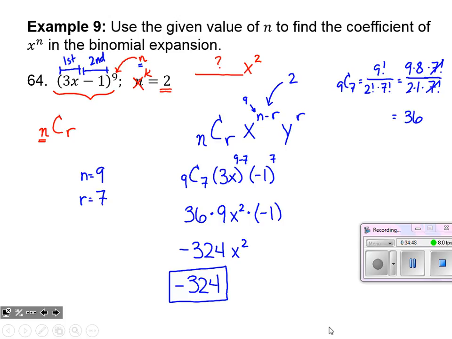Now, there's a lot involved with this problem, but if we can navigate this, we're going to be in really good shape. Just realize that our n value is the power that our binomial is raised to from the beginning. So we know as soon as that problem comes up that in our NCR, the n is 9. Then we can work around that to fill in the rest of the pieces.